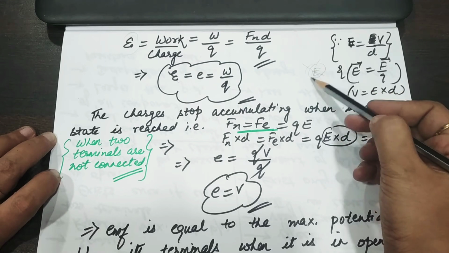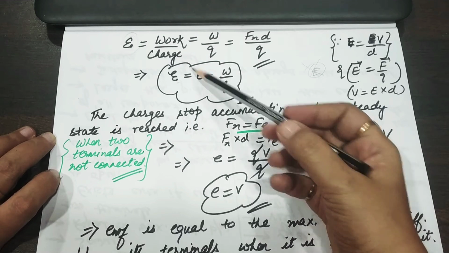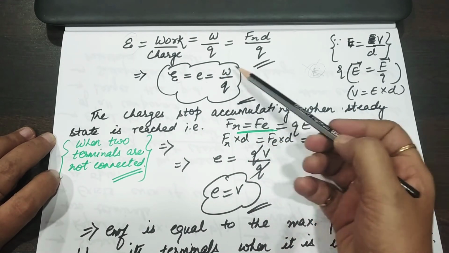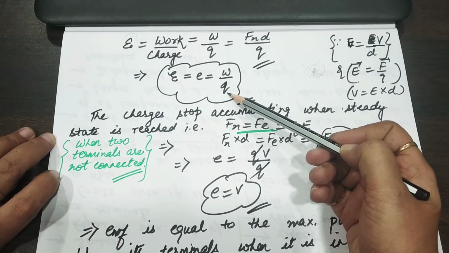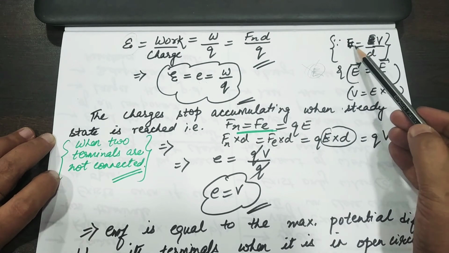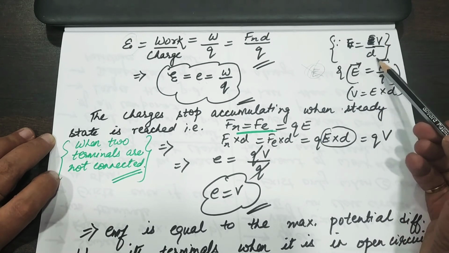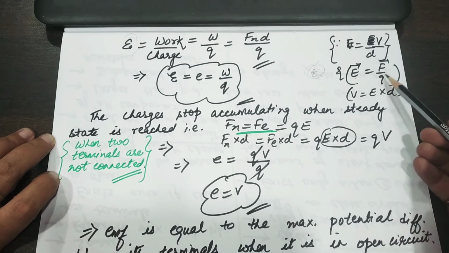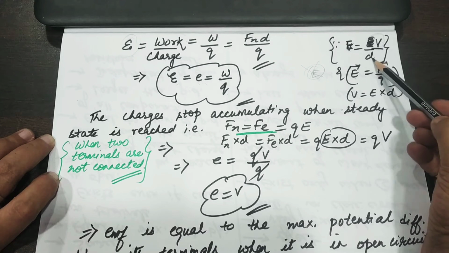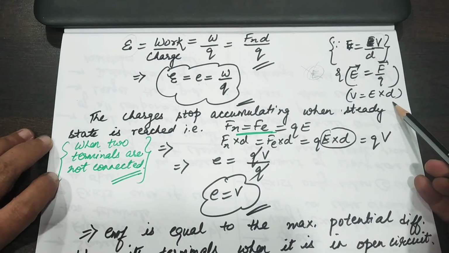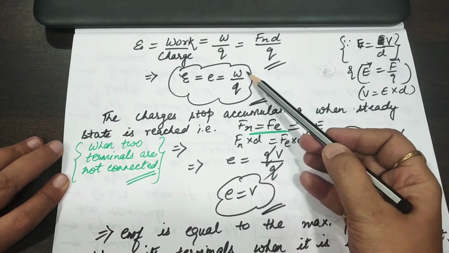No, we will not write it as capital E. Either you make E in this form or you simply write small e. Because this work done is E, which is equal to work done upon charge, this energy is work done upon charge. And we have also learned in the previous chapter that electric field E is equal to potential per unit distance, and the electric field's second definition says it is force per unit charge. So from here V can be written as E into D. Right?